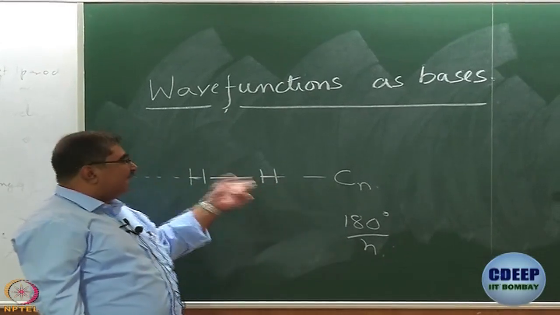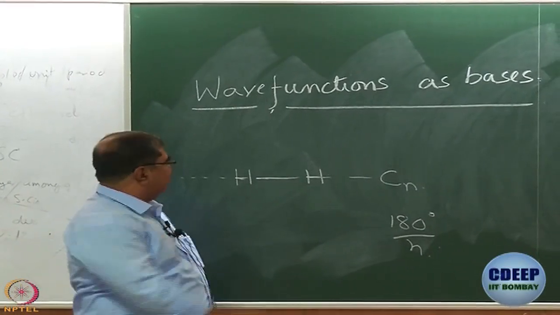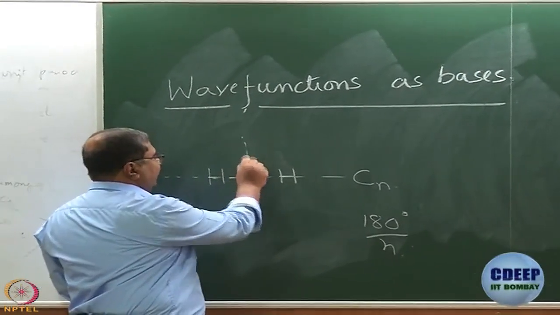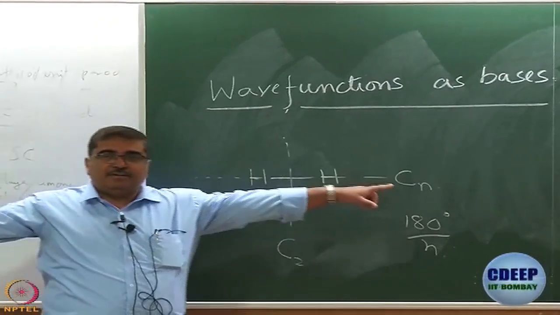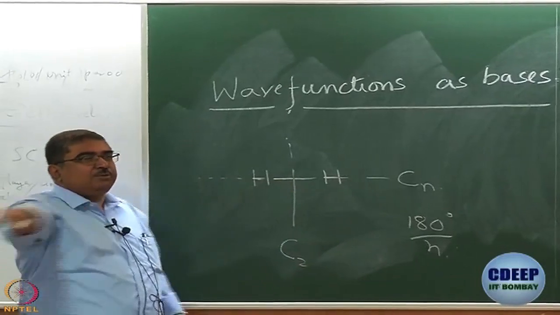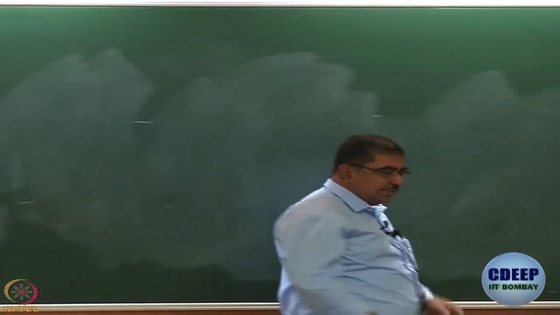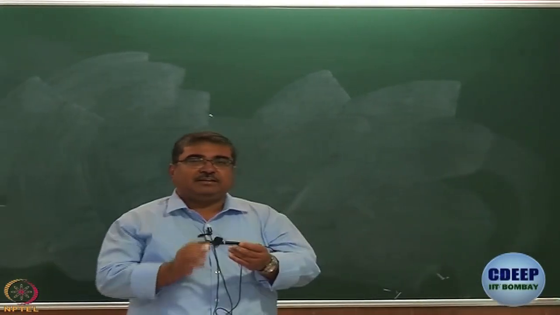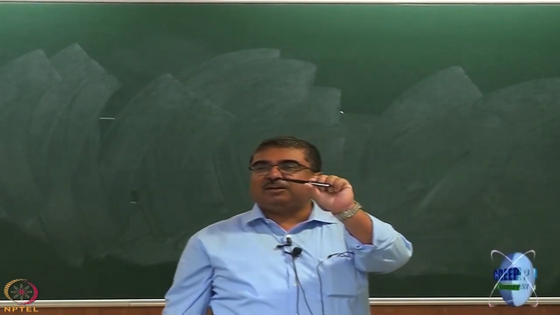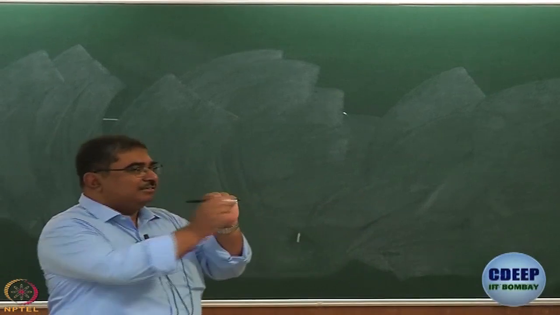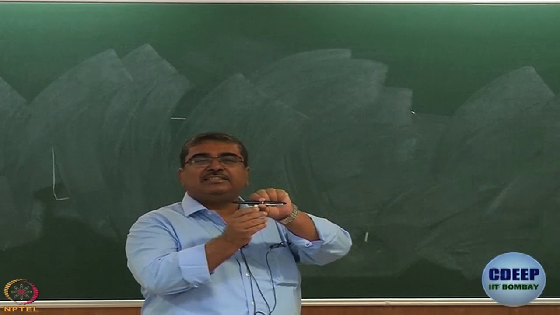Now, is there any other axis of symmetry? If I go through the midpoint and draw a perpendicular line, I get a C2, right. Dihydrogen, rotate by 180 degrees, the two hydrogen atoms change places. Since my rotation is restricted, it is better to use this pen. This pen is not really like dihydrogen, it is more like HCl, but assume that it is dihydrogen. This is a C2 axis, right.